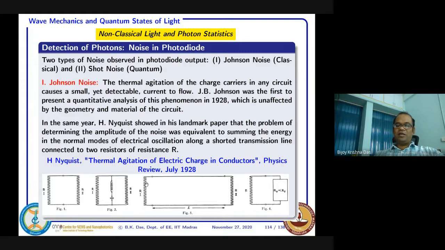You just think that okay, this is shorted and this is shorted. What will happen? In a shorted transmission line, it is like a reflection. So exactly at that point, whatever energy is already stored in that path will be trapped, and that energy will be stored like a standing wave.